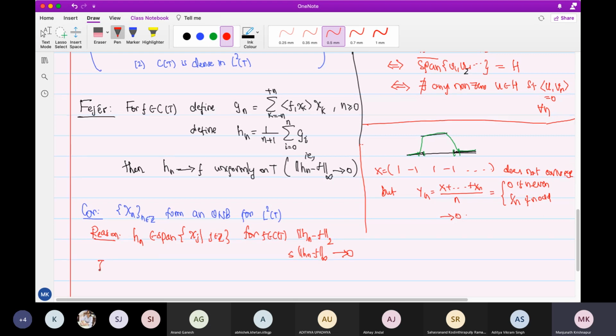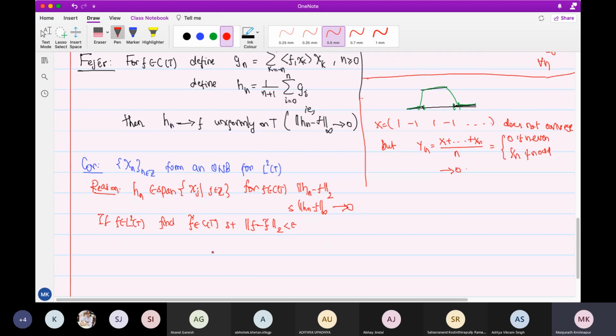So if f is in L2 of t, find f tilde, which is in C of t, such that the L2 norm of f minus f tilde is less than epsilon, which we can do because C of t is dense in L2 of t. So I'm writing down the argument now, and then find